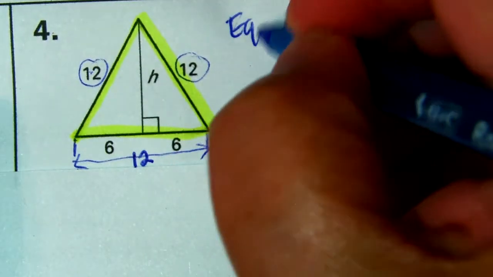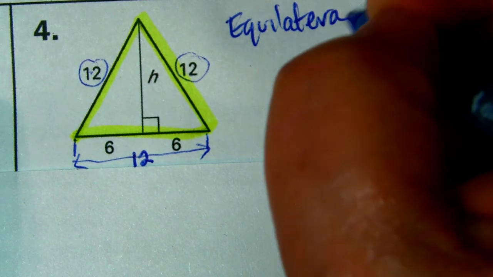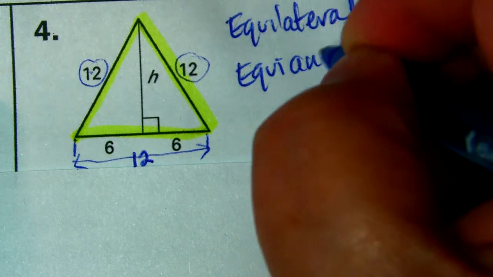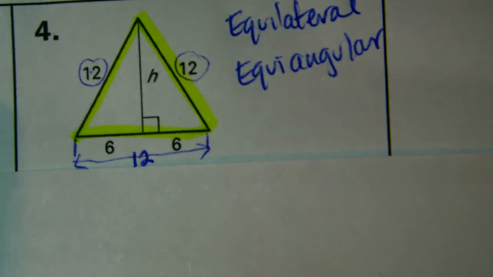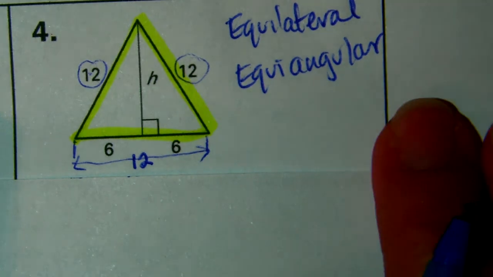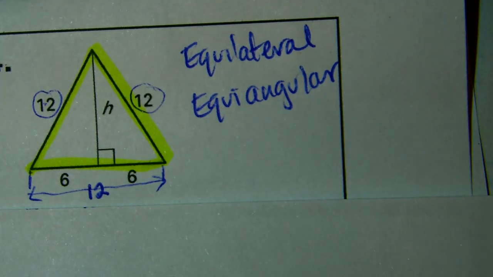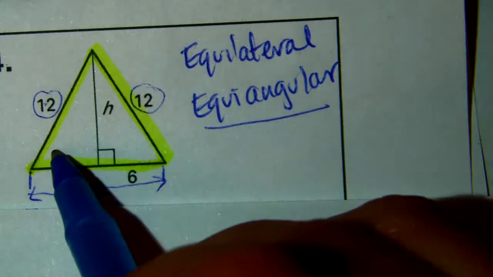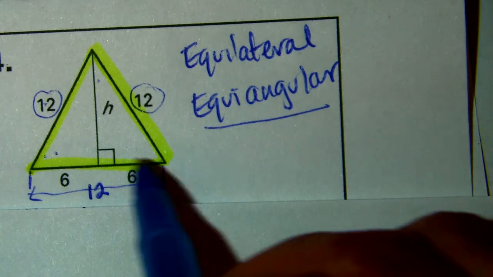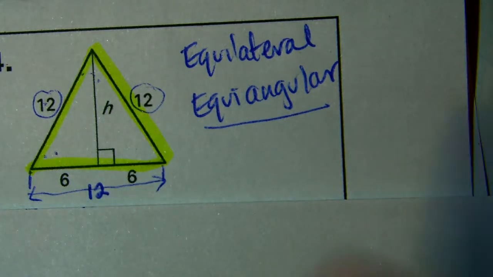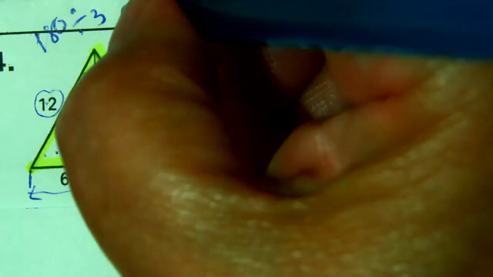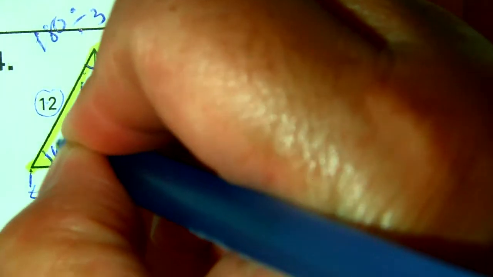It's an equilateral triangle. Therefore, it's also equiangular. Okay. Remember, the advantage of having the video is that you can stop, you can pause to make your notes. All right. It's also equiangular. If the triangle is equiangular, then the 3 angles inside measure how much? You have 180 divided by 3. This will give you 60. Each of these angles right here measure 60